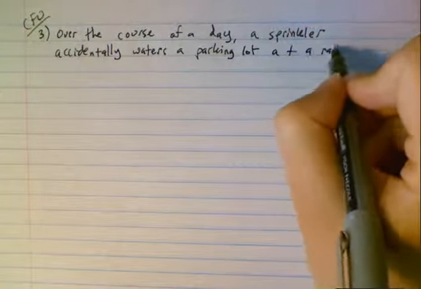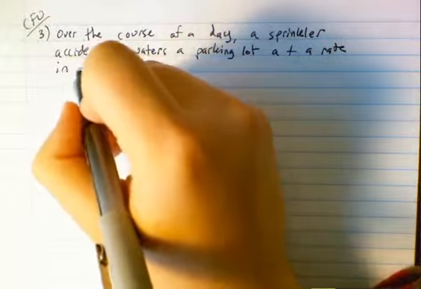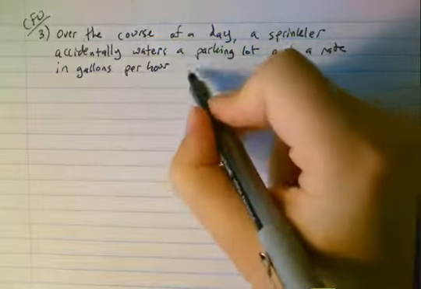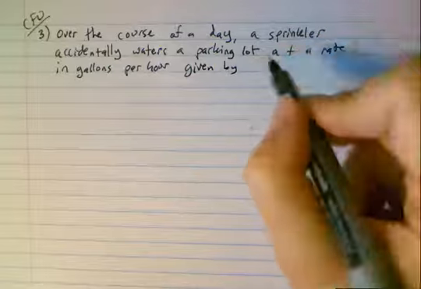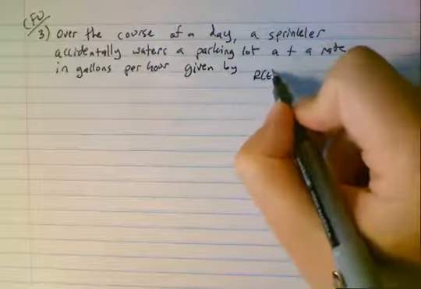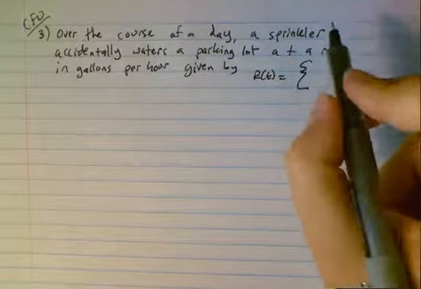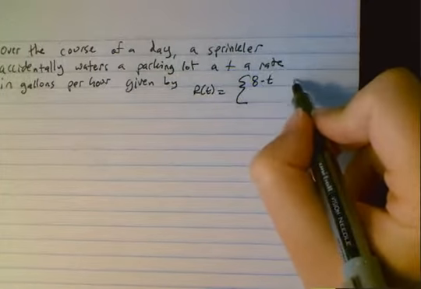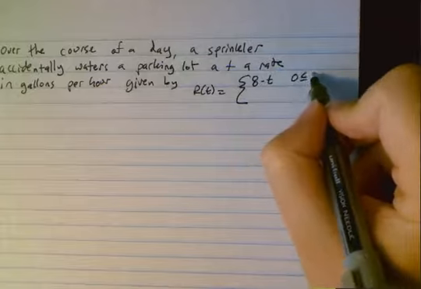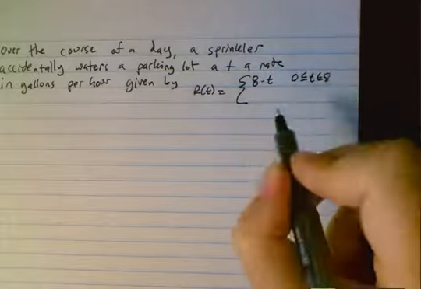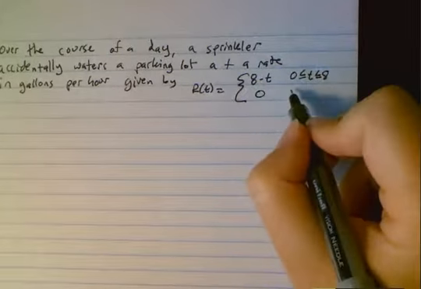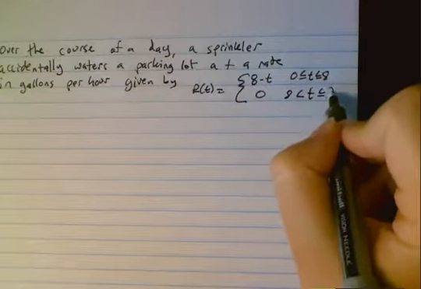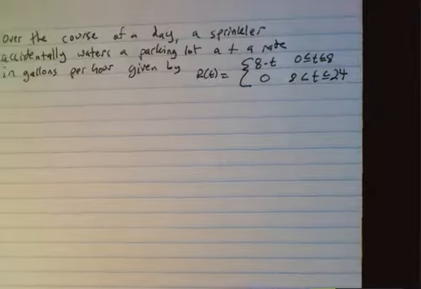At a rate in gallons per hour given by R(t) = 8 minus t when t is between 0 and 8, and 0 when t is between 8 and 24,